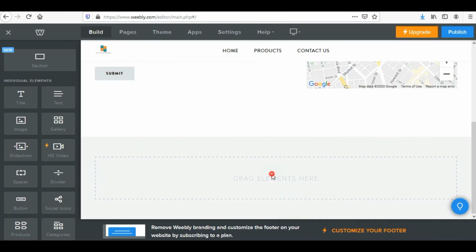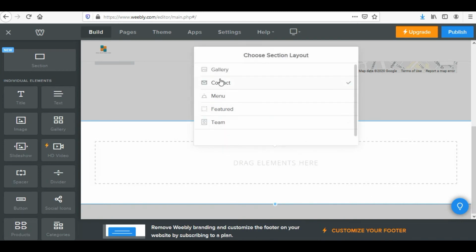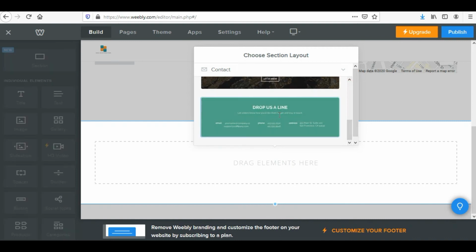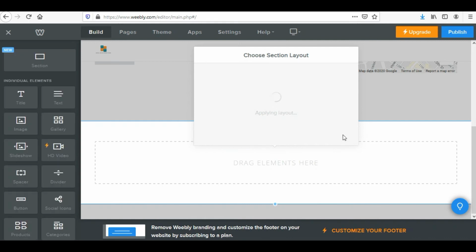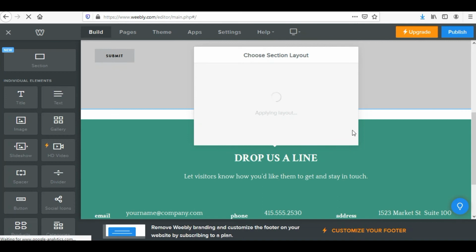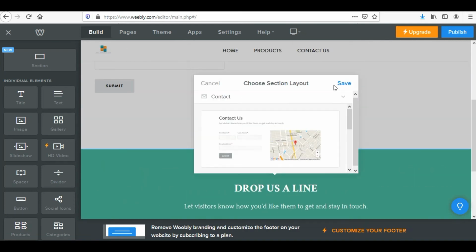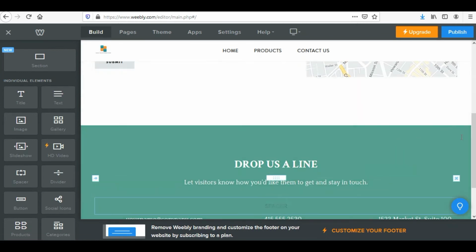So I would be clicking on this section now and I'll click on add layout. After the add layout, I was interested in adding one more section of the contact form. So there is this kind of contact form also available. I'll select it and I'll save it. I am fine with this section. I'll save it. Now there is space over here. I'll get rid of the space.